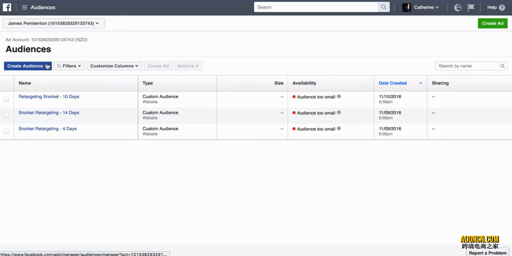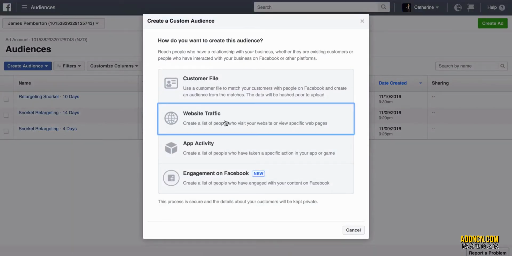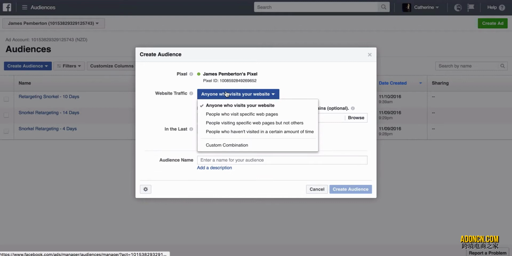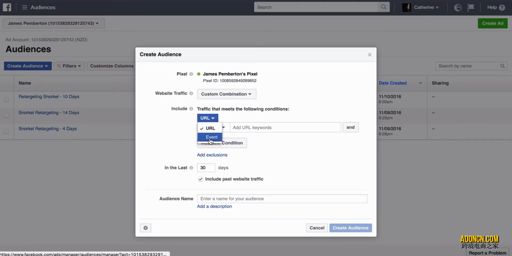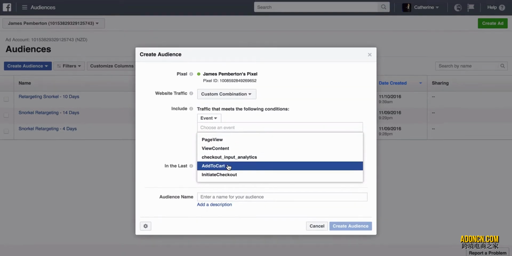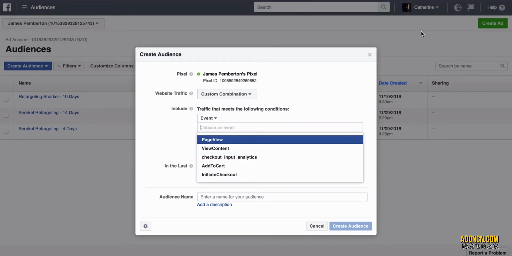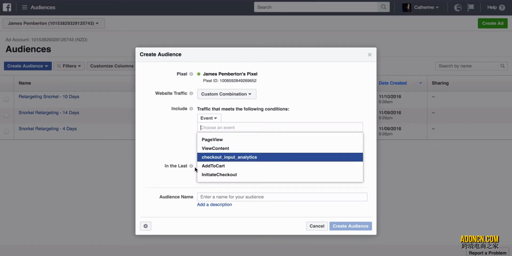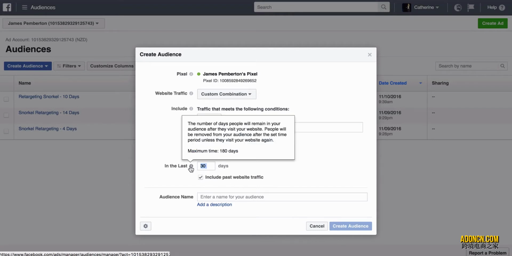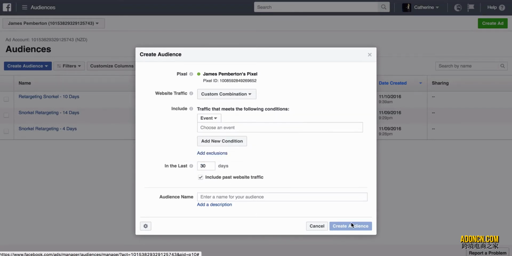The other thing I just want to point out here is that I would probably also create a custom audience around people that have purchased. So the way you do that, and this is going to be in the program later on, is you're going to go custom combination and then event, and then you're going to select purchase. But because no one has triggered this, because it's a dummy website, it doesn't come up. But as soon as someone purchases, you'll be able to select purchase as an event, and then you can exclude them from seeing your ads for however long you want, and you're going to give them a name, people that